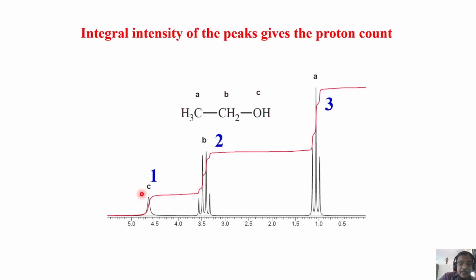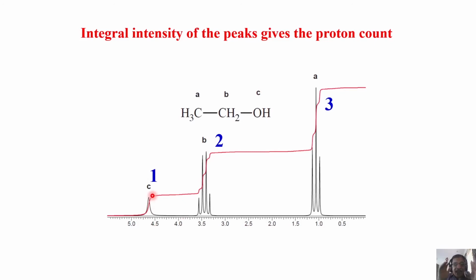But take the area of this group, the area of this group. There are three groups of protons. The intensity ratio pertains to 1:2:3. Interesting, right? Look at it. Intensity is 1:2:3. But look at the number of protons in each of these groups. The CH3 group has 3 protons. Intensity is 3. This is CH2. It has 2 protons. Intensity is 2. This is one proton, intensity is 1.